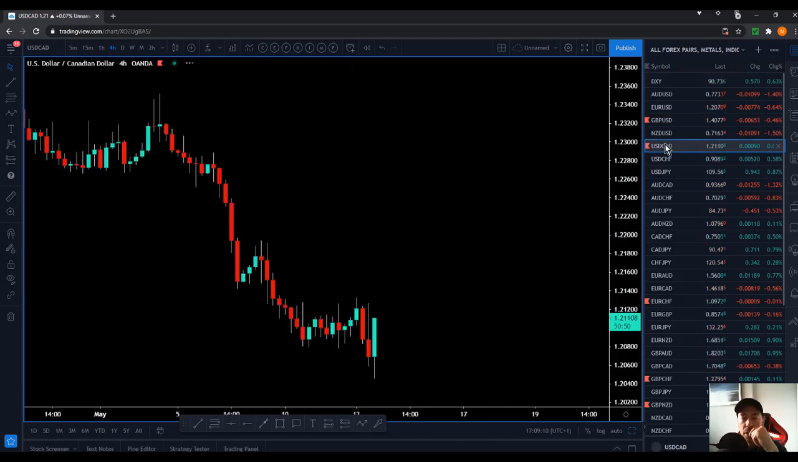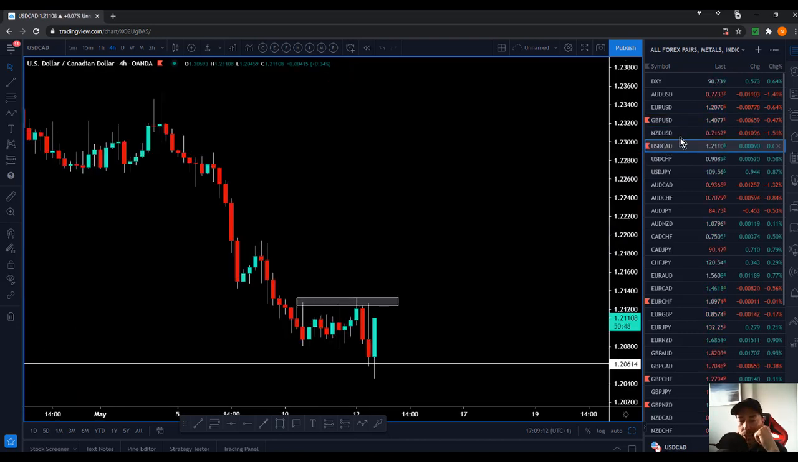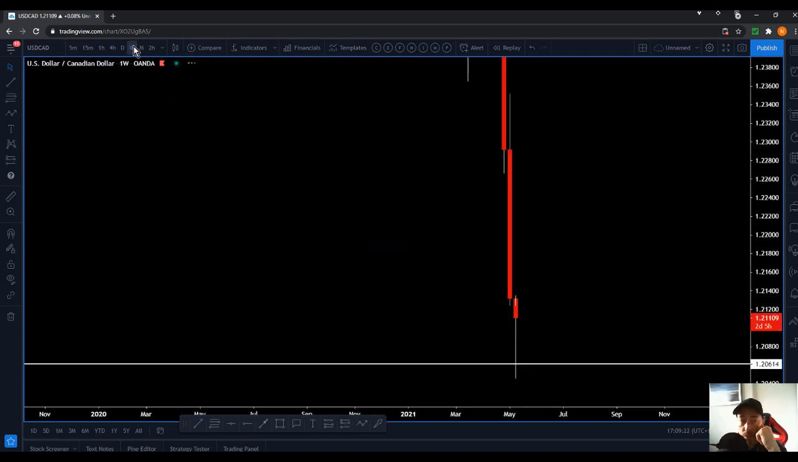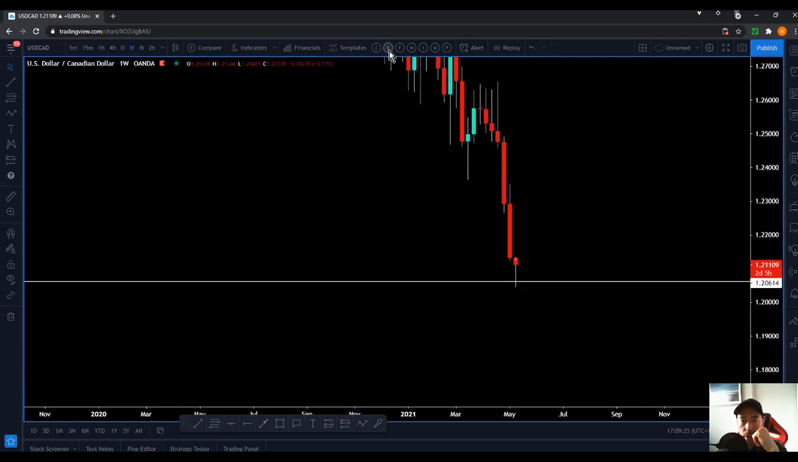So I think I talked about USD CAD. Now this is looking promising, really promising. I like the look of this candle. Still not enough yet to get me involved. So what am I looking at? What am I looking for? Well,